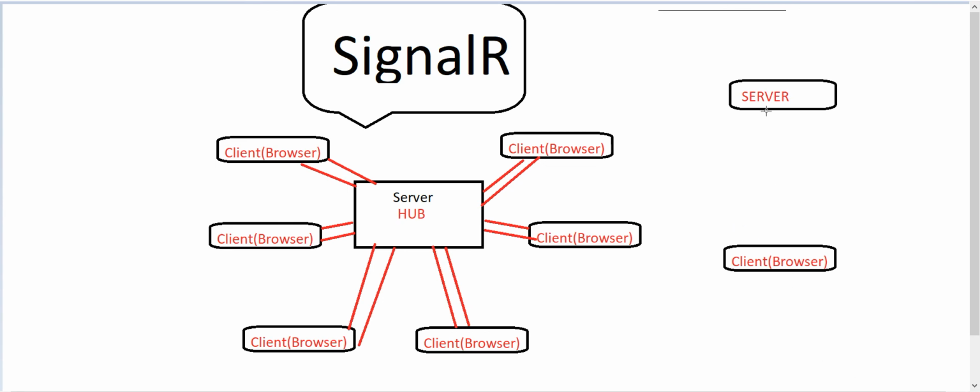It creates a two-way full duplex connection, where anytime the client can trigger a function of the server and the server can trigger a function client side. Okay, so this is what SignalR does. Thanks.